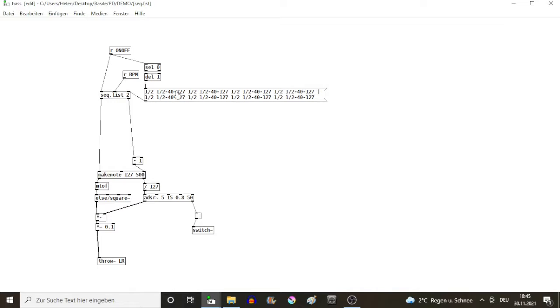And I was thinking about going 3 semitones up, which is a minor third, and then going down one tone, sorry.